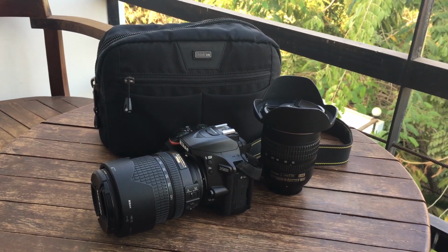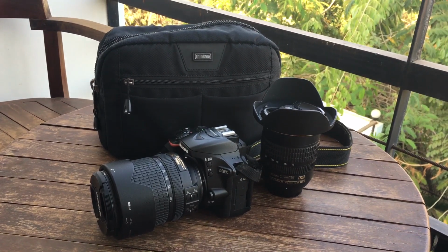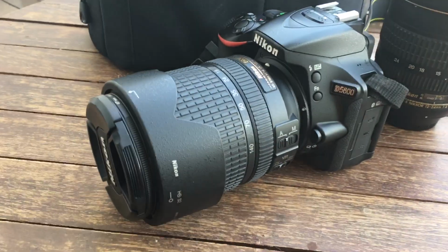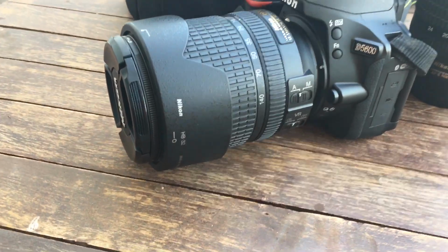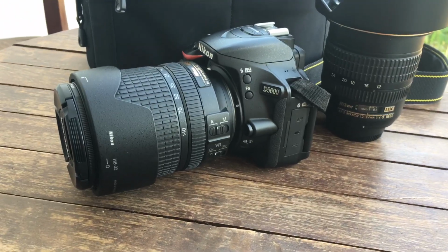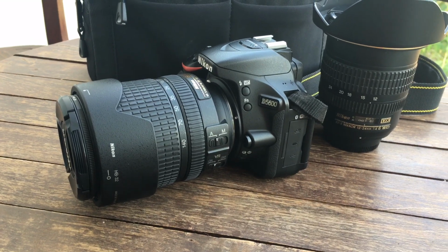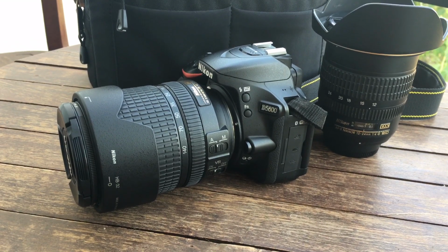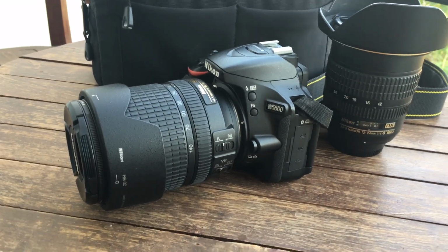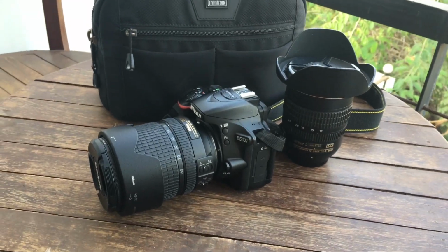This is my current travel photography outfit. It's a Nikon D5600 with the 18 to 140 zoom lens and a somewhat older 12 to 24 f4 wide-angle zoom, which has been on a number of cameras over the last few years. The camera and the two lenses